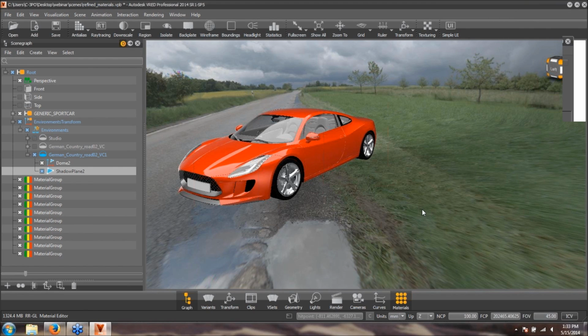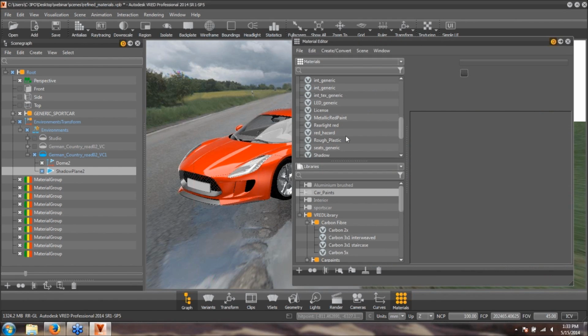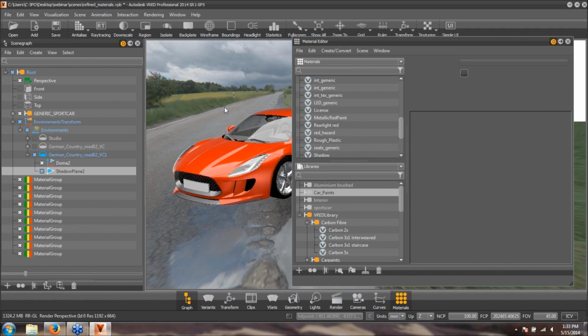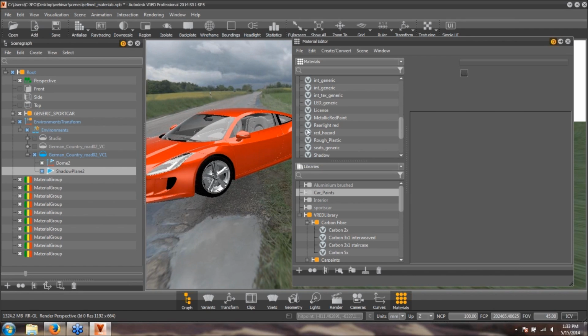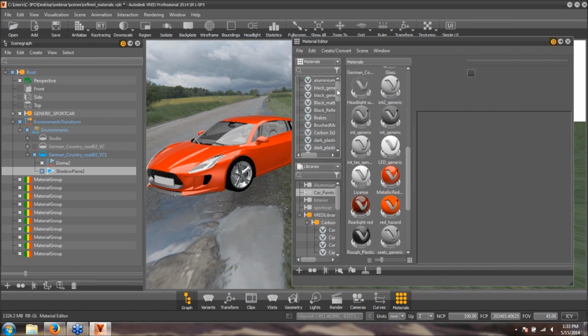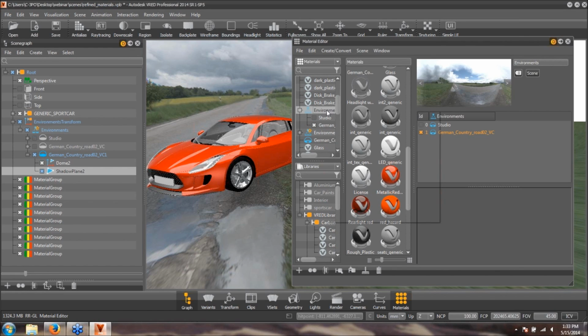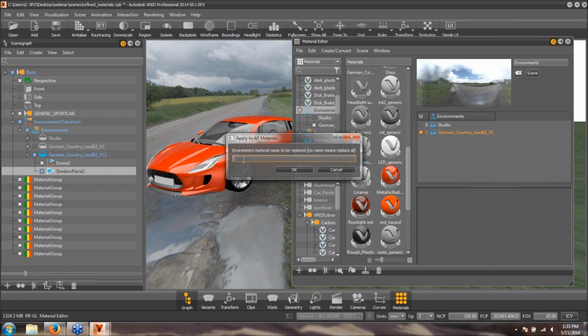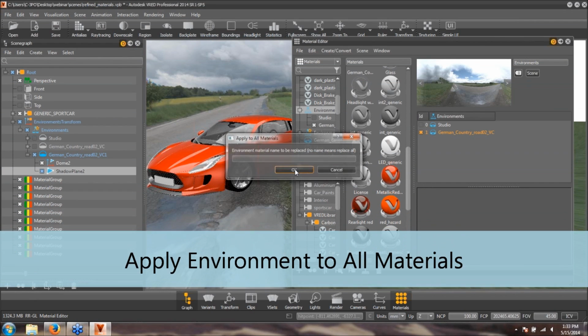Give it a second to update. So the HDR provides all the lighting, and in addition, you can add your own lights like directionals, points, and spots. So the material editor holds not only your materials, but also your environment. I'm going to find that environment, and I'm going to right-click and say Apply Environments to All Materials, and just